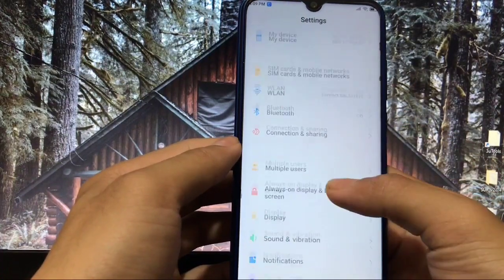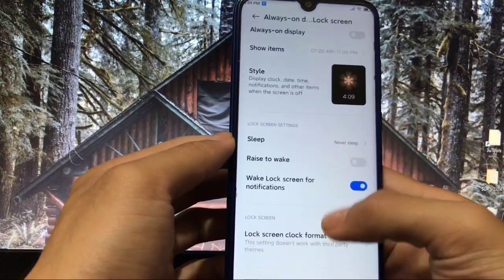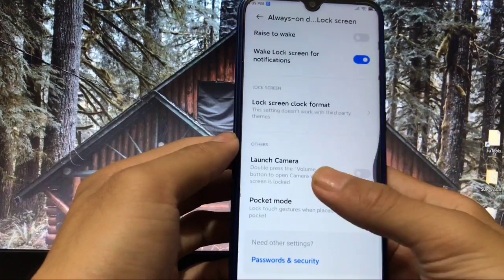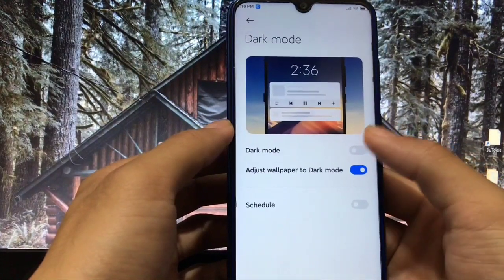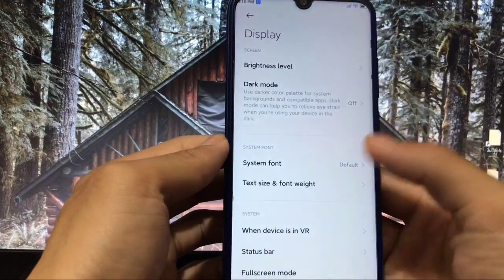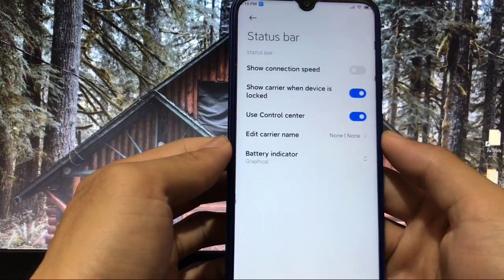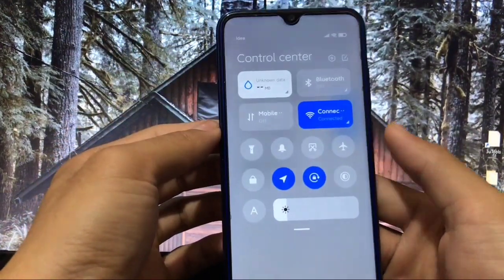And if we talk about some other things, always on display, as expected, is not working again. In the lock screen, some options are available. In display, the dark mode option is available too, which you can enable from here. Adjust wallpaper for dark mode, and there is also a schedule option. In the status bar, you have the control center option. If you like this control center, you can use that one.